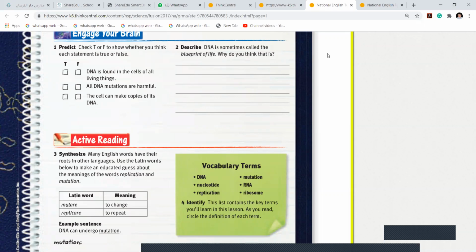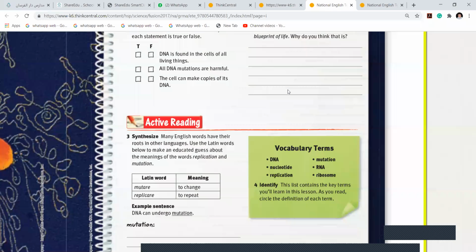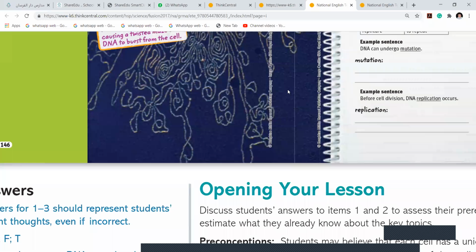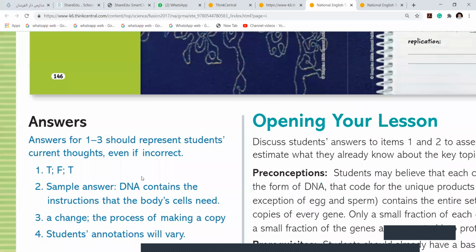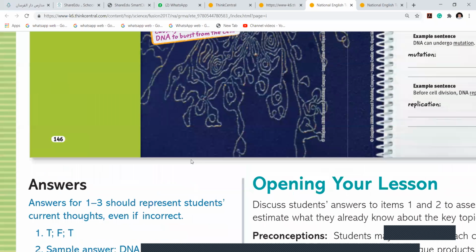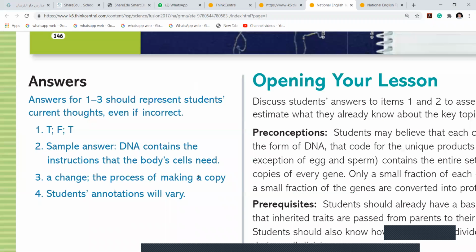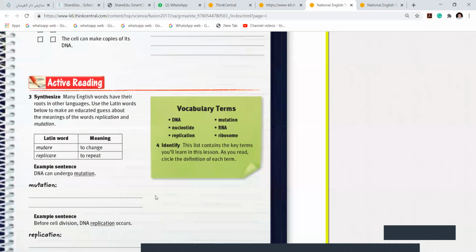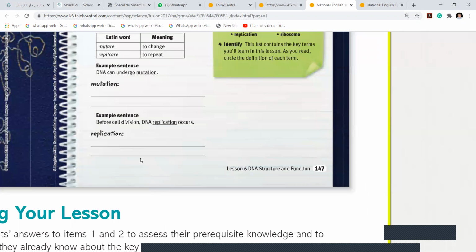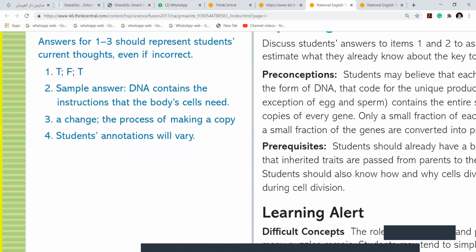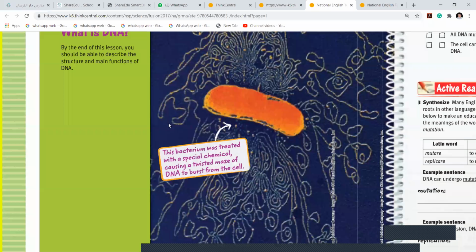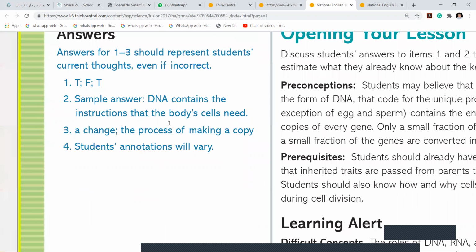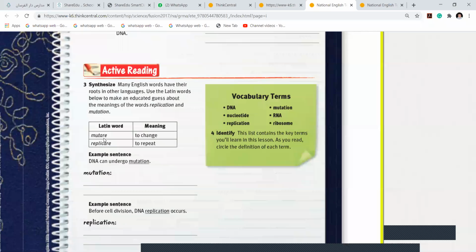Because it makes people. You look like your parents. When a brother takes a trait from his parents, it's because DNA gives instructions that the body cells need. Now they're asking what is mutation, what is replication. The process of making a copy is replication. And mutation means